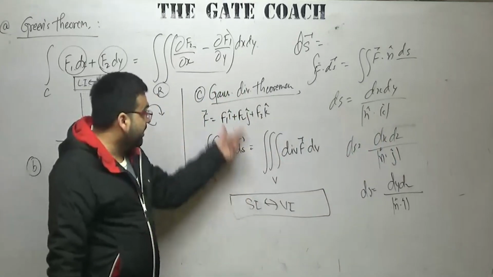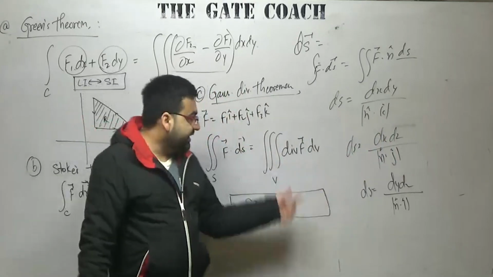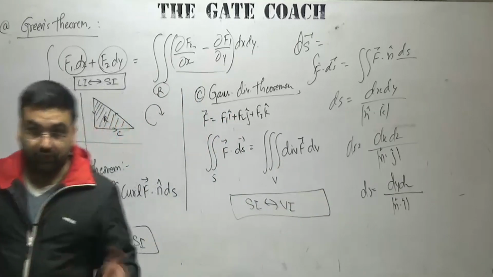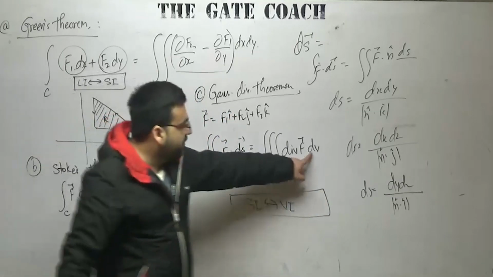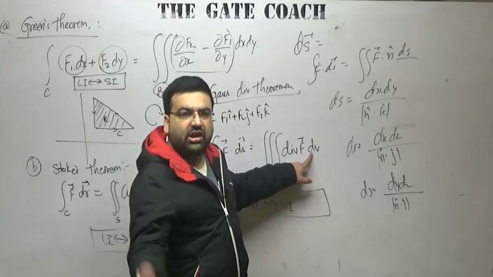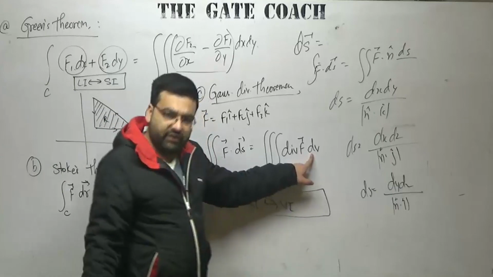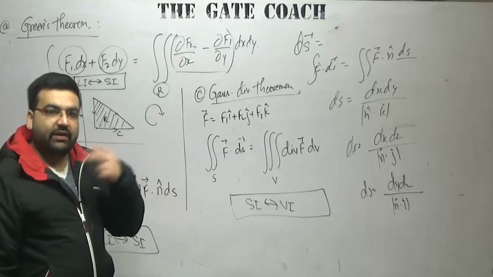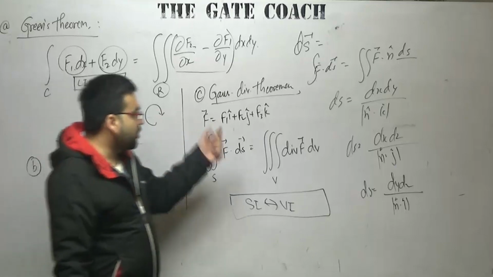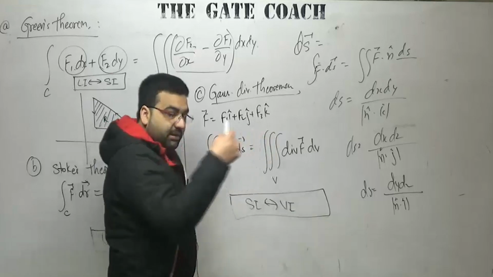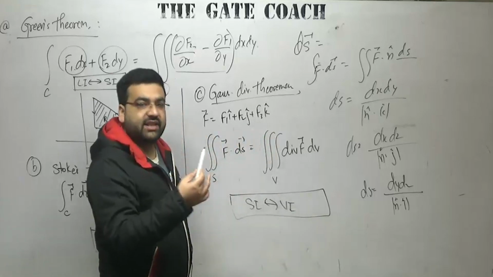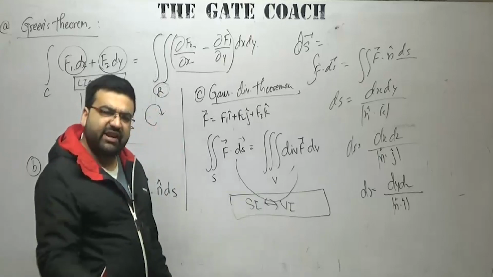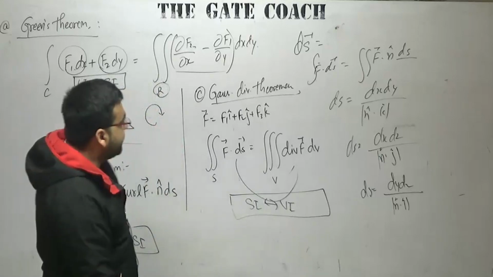But with the help of the Gauss divergence theorem, you can easily solve it, because the divergence of any function will be a scalar function. Clear? So once you have got the divergence, dV will be equal to dx dy dz. You can convert everything into one variable and easily solve it with the Gauss divergence theorem. So if some surface integral is given to you in a question, convert it into a volume integral. It will be very simple. You just try it.